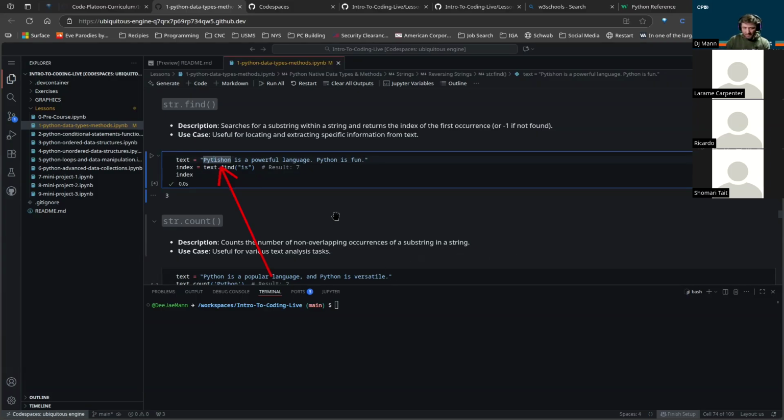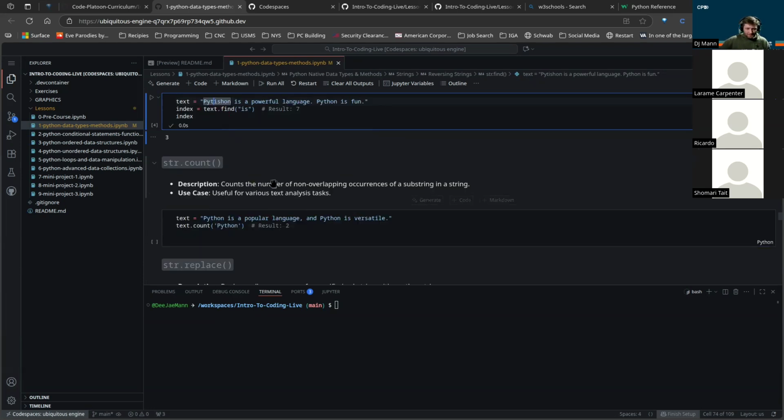So here we go. I have a quick question. So where it says index, it says text period find is. So text would be like the command. Okay, yeah. I didn't go over that part. So I'm sorry for